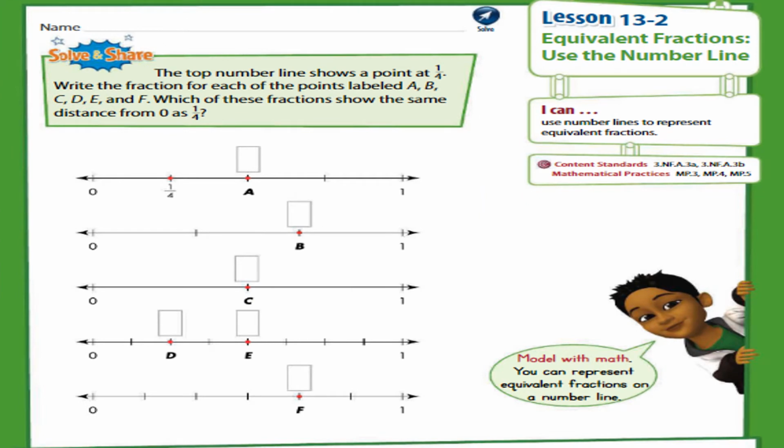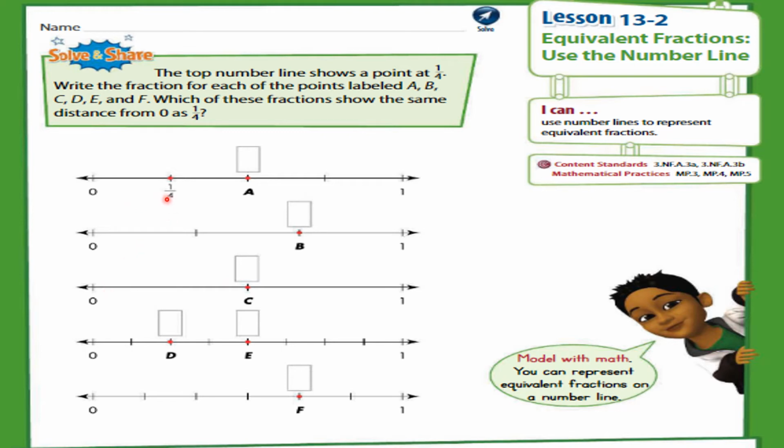Okay, so lesson 13.2, equivalent fractions, use the number line. So what is the problem given on this page? There are different number lines given and we have to write the fractions for these parts where the box is given. Okay, so simply what we can do,